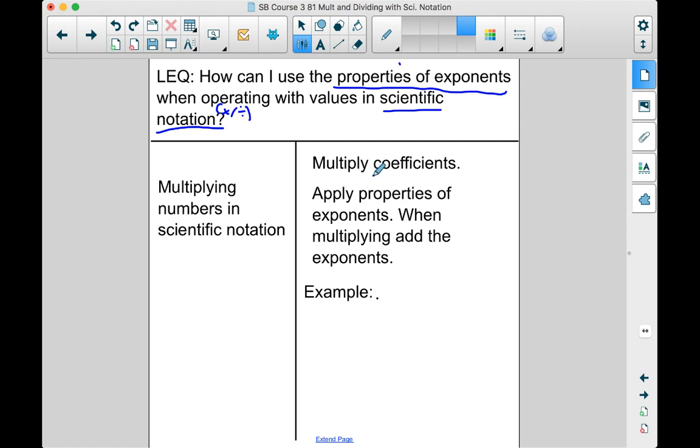Okay. So we multiply the coefficients. And then when we look at our base of 10 and those exponents, we apply our properties of exponents. So when you're multiplying, you add the exponents. So let me give you an example of what we're talking about. Everything I do here, you're doing in your composition book. So if we had this number, 10 to the 5th, and I wanted to multiply that number, which is in scientific notation, by another number in scientific notation,